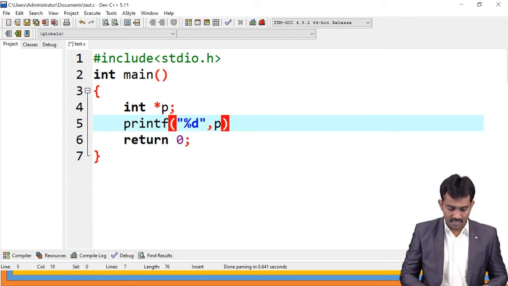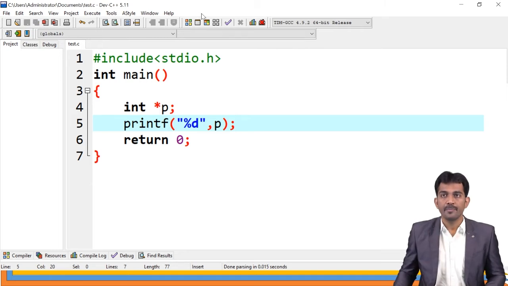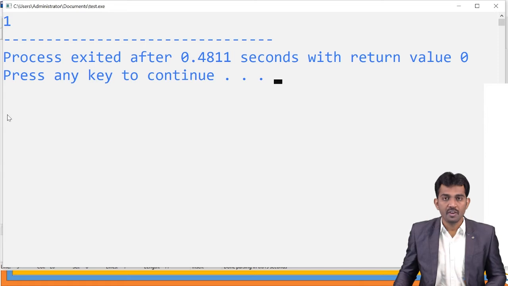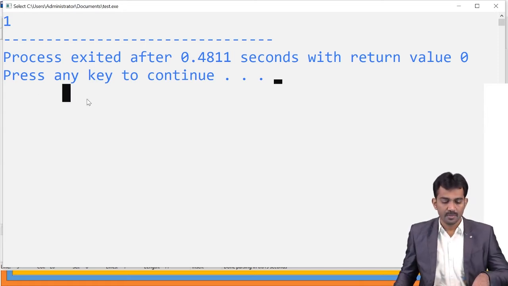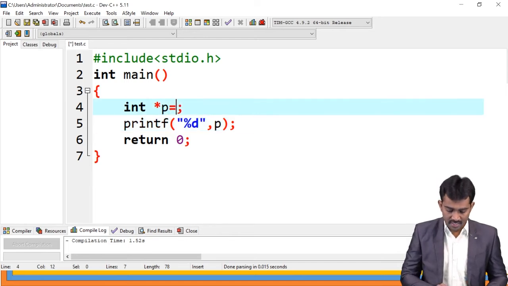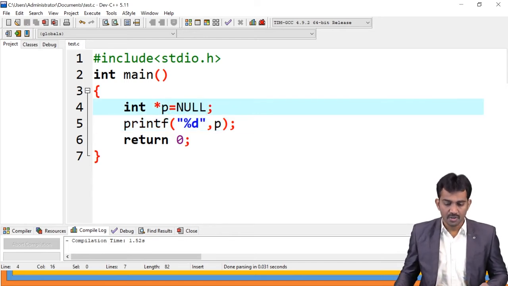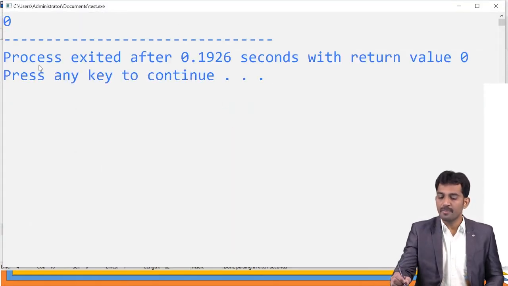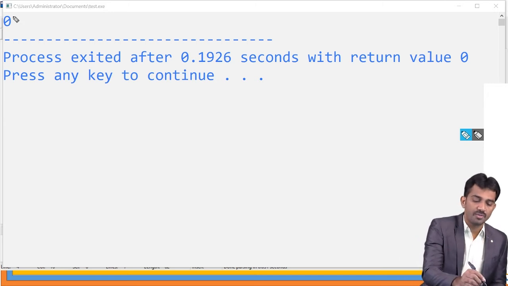We didn't assign anything, right? So by default the value is 0 or 1 here. For example, if you assign the value as NULL, now you can check it. What is the output? The value is 0. Yes or no? The value is 0.